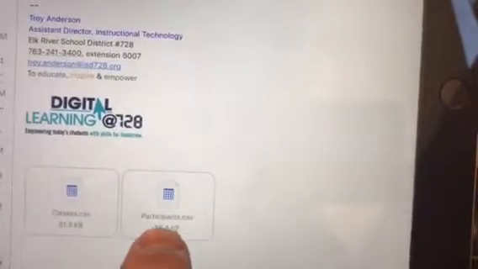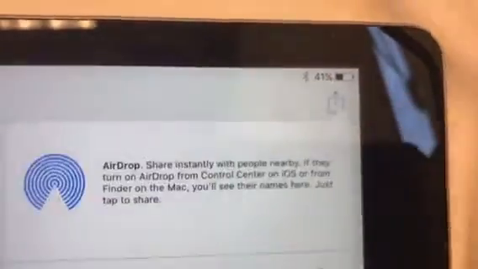Once you open up the email, you'll notice in the bottom there's a file for classes and a file for participants. Go ahead and tap on the classes file and it'll open up into a sort of a spreadsheet view where you see all of your student data listed. In the upper right hand corner, you'll notice that there's a little up arrow. You want to make sure that you go ahead and tap on that arrow and send it to the HeartZone